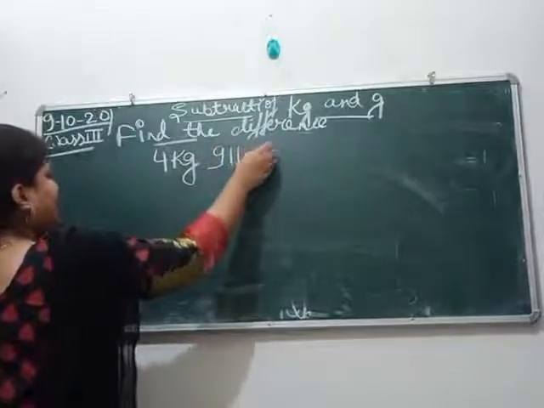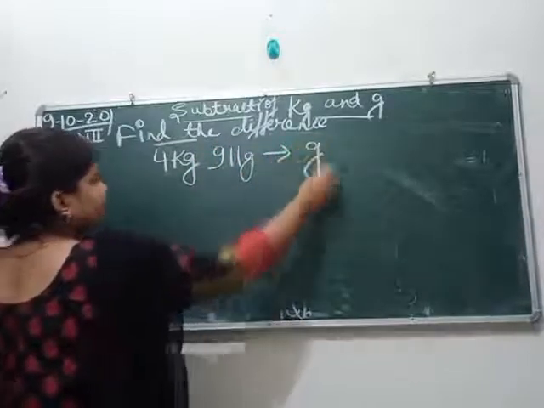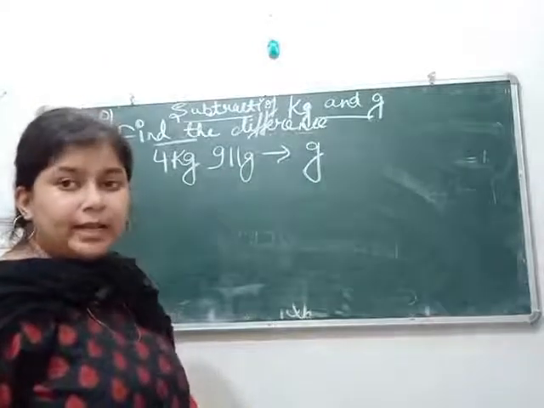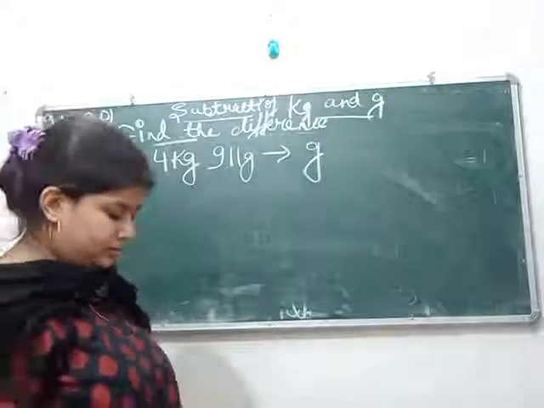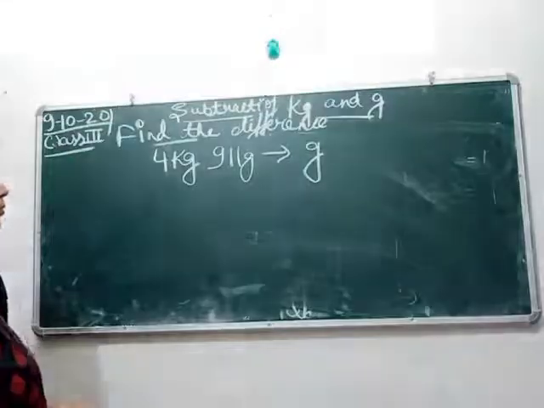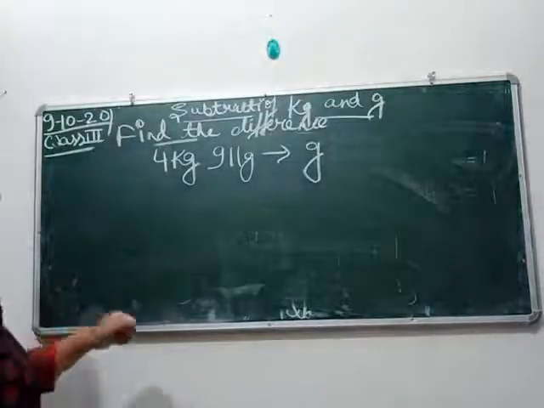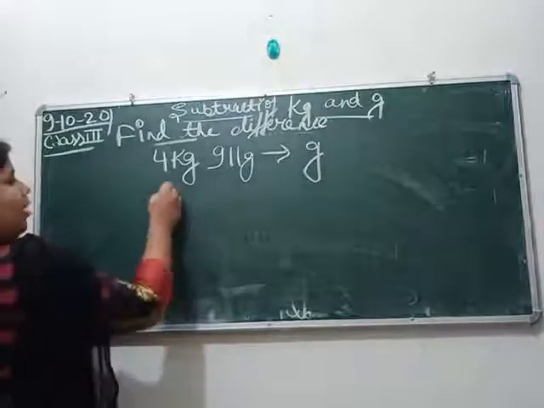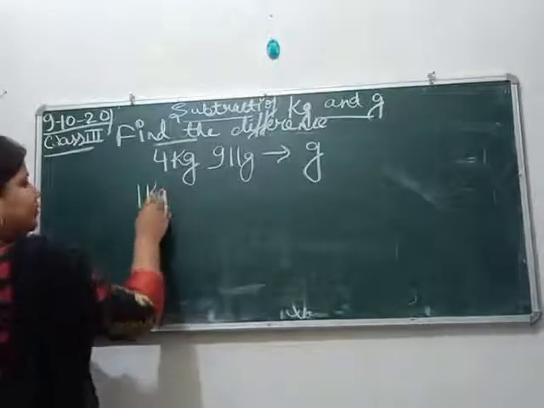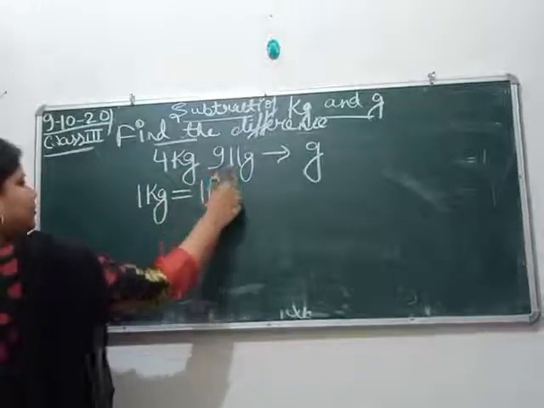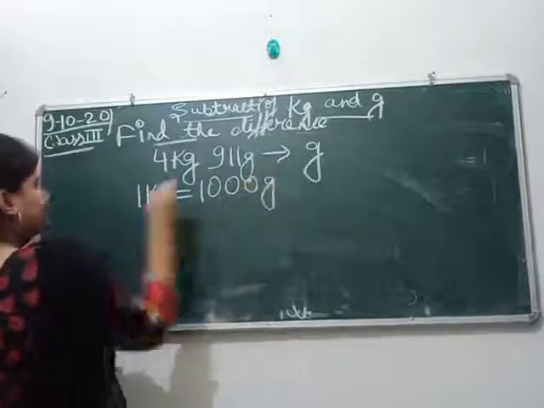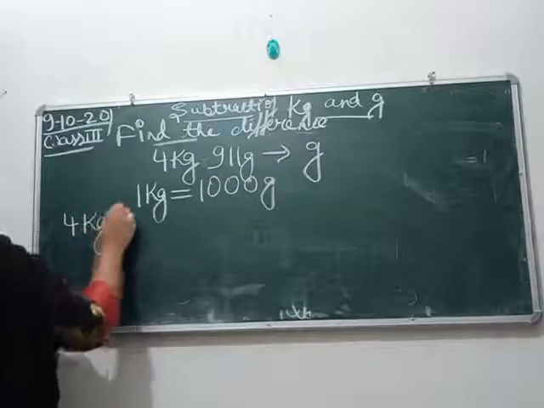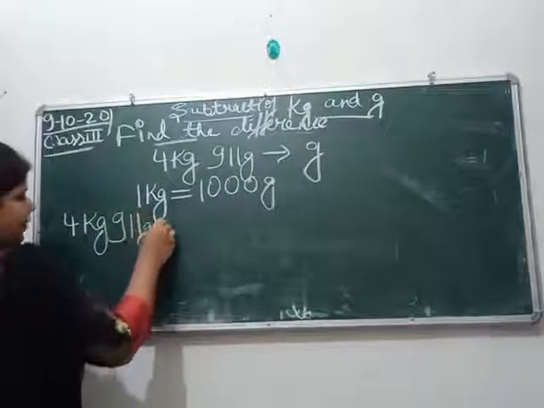Tell me. Okay, see what I have to do. 1 kg is equal to 1000 gram. Now 4 kg 911 gram equals